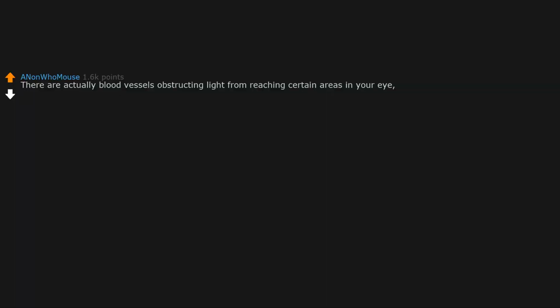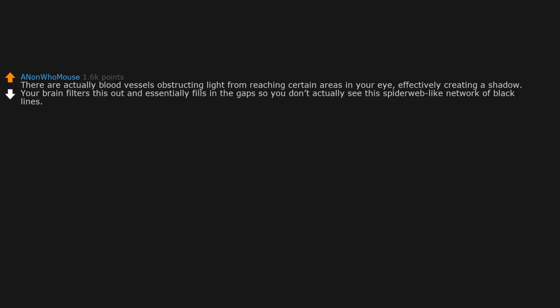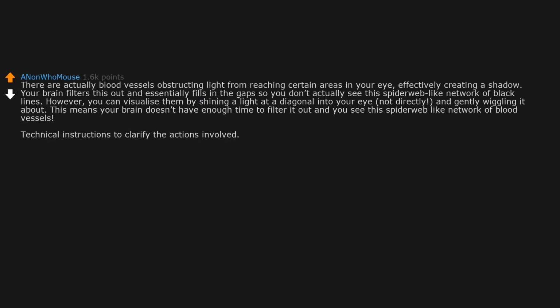There are actually blood vessels obstructing light from reaching certain areas in your eye, effectively creating a shadow. Your brain filters this out and essentially fills in the gaps, so you don't actually see the spider web-like network of black lines. However, you can visualize them by shining a light at a diagonal into your eye, not directly, and gently wiggling it about. This means your brain doesn't have enough time to filter it out, and you see the spider web-like network of